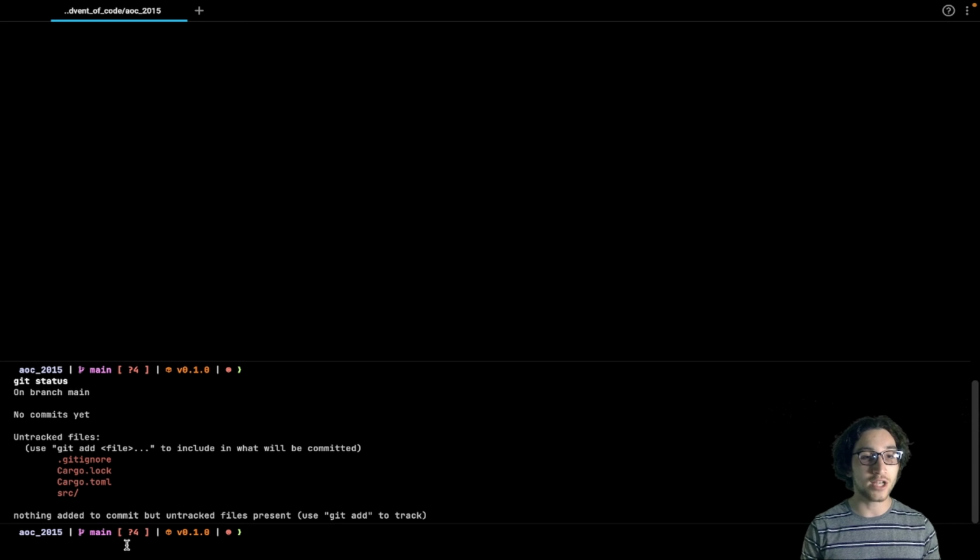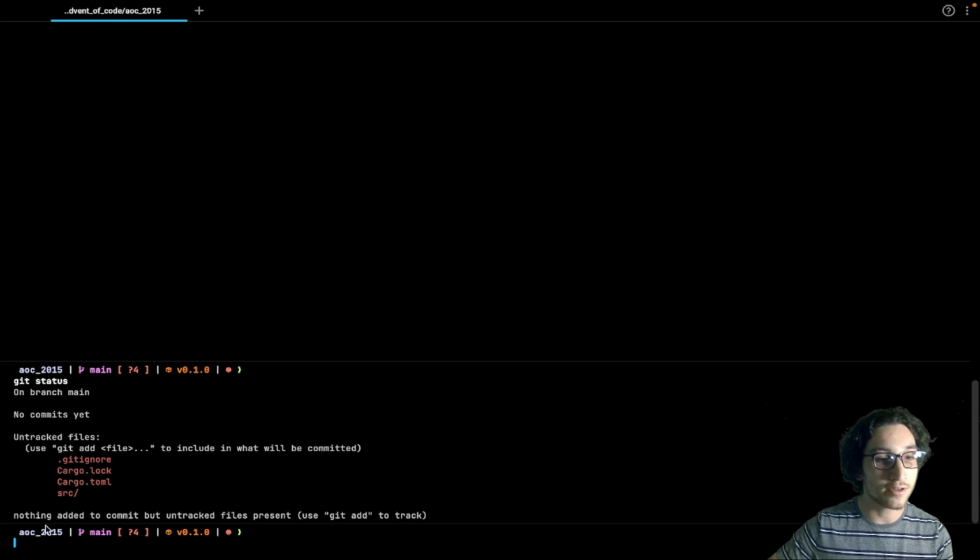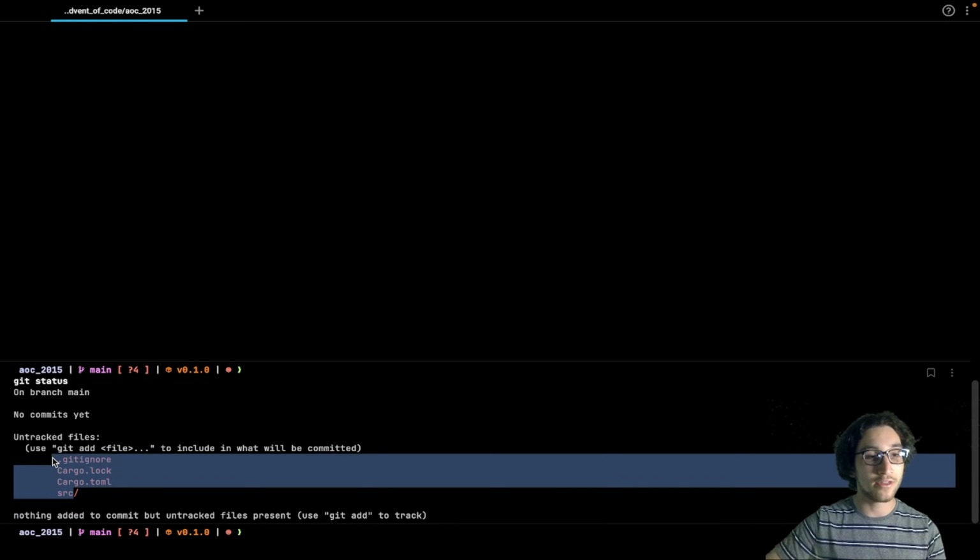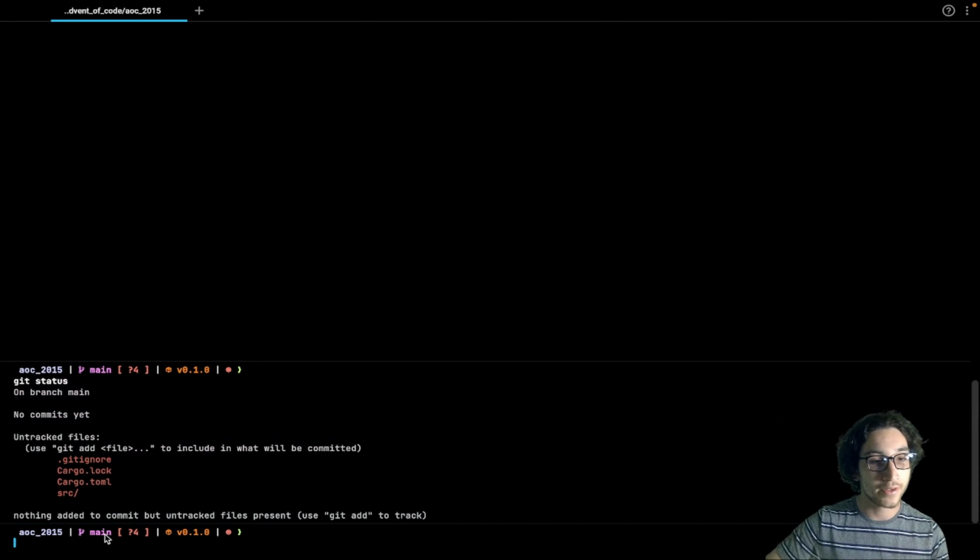So every single change will first be staged to be ready to be committed. And it tells us that nothing is added. All these files are called untracked files because they haven't been added to Git yet.